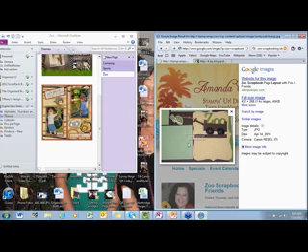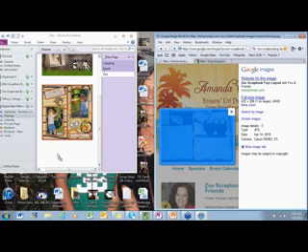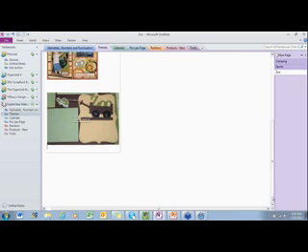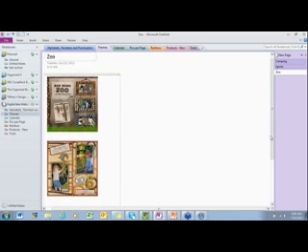It has some writing on it, so it may not let me drag it. A lot of times they're protected. Oh, there it goes. All right, so I'm going to make this big again. So now that you've got some images in your